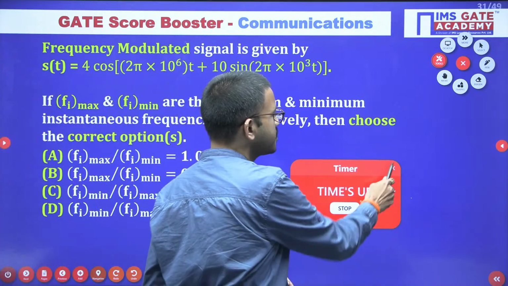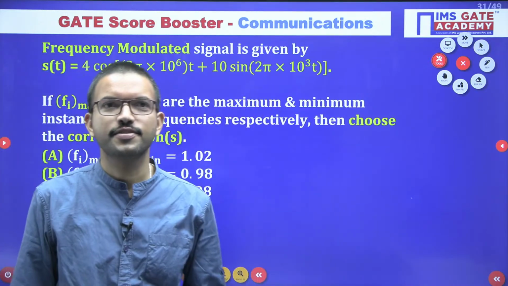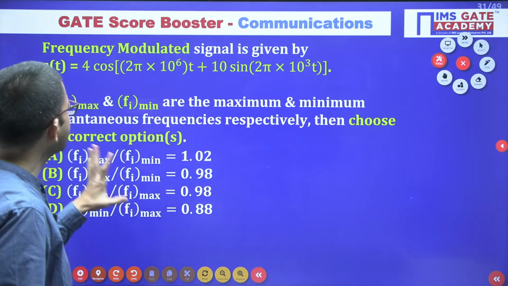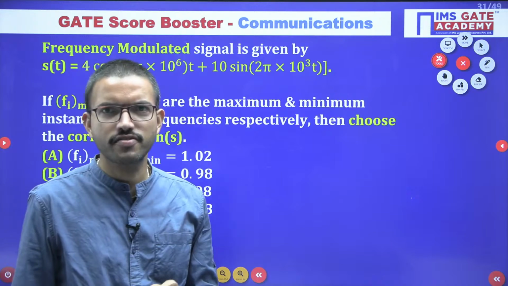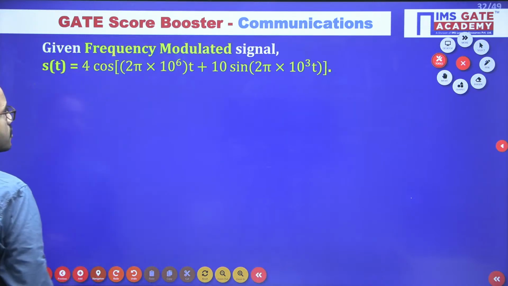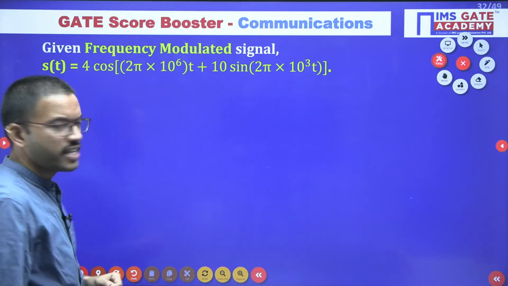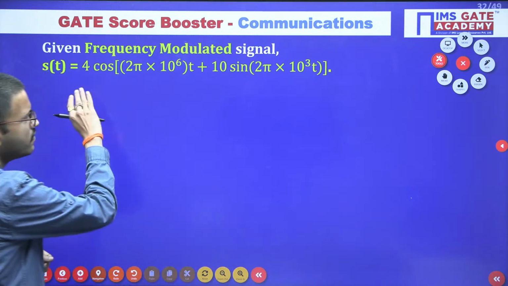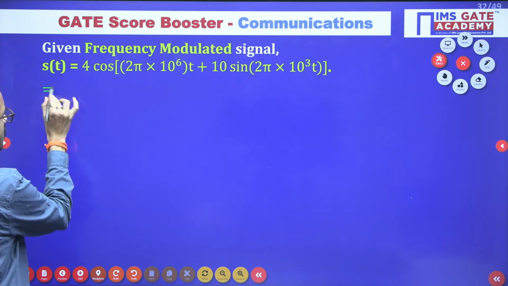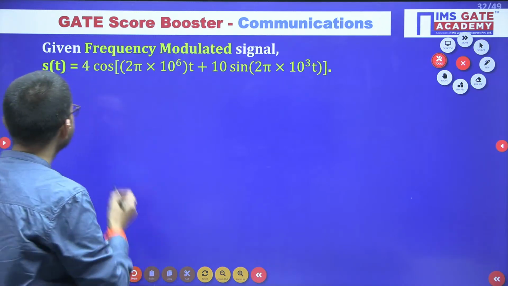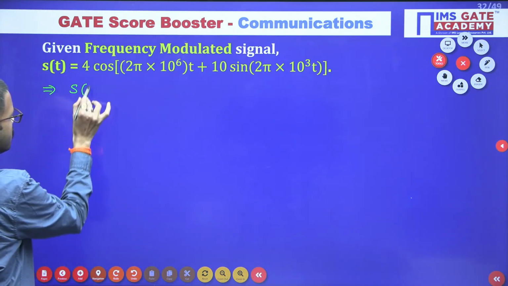Yeah, time up. Whatever answers you're getting, you can mention in the chat. So here in this question, you have an FM signal. We have to calculate the instantaneous frequency first. Okay. So first of all, I have copied the given FM signal. Whenever you have an FM signal, in general, you can represent the overall signal in the simplified form like this. That is s of t equal to